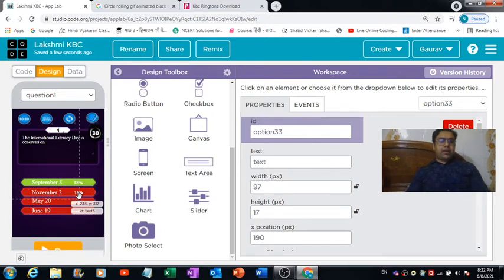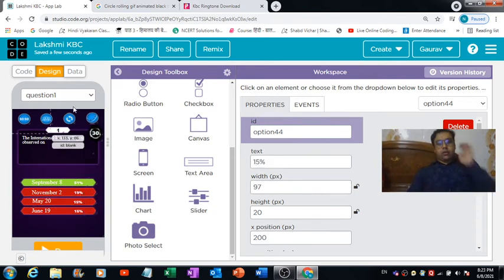So 51 and 19, 70. Then we can change this one to 15%. So it becomes 85. And after that we can just change this one to 15 again, right?